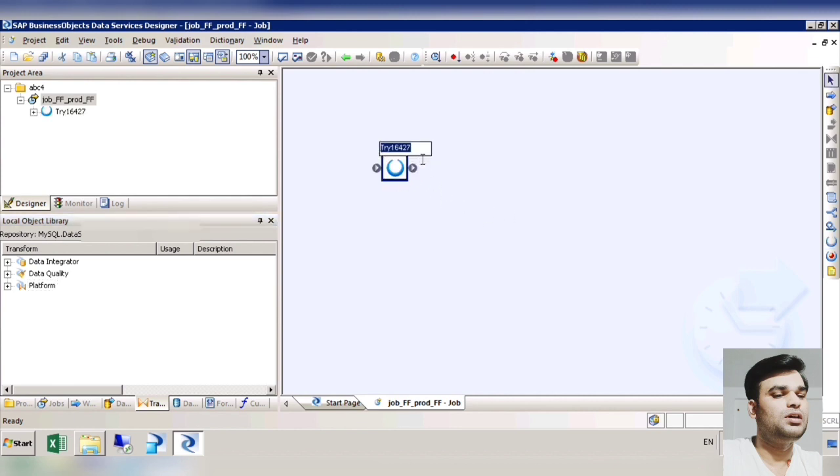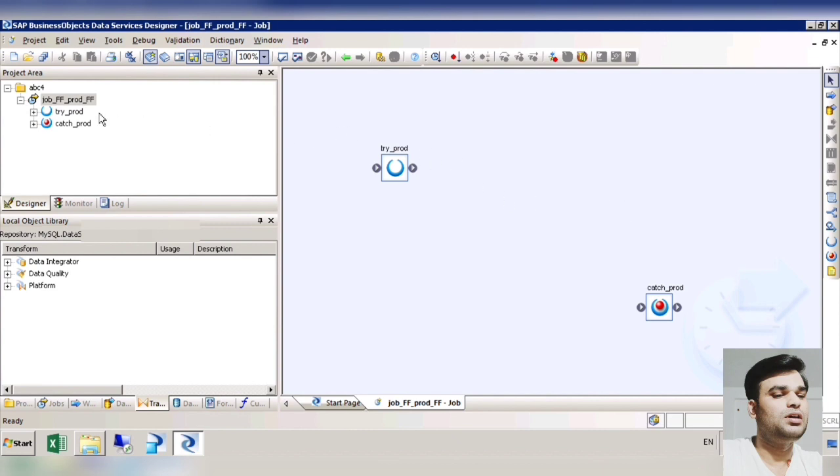So you have a try, and you can name this also. Let me name this try for prod. You can give some convenient name according to you, and then at the end I can have catch. Between these I will write my code, and then the job will run.